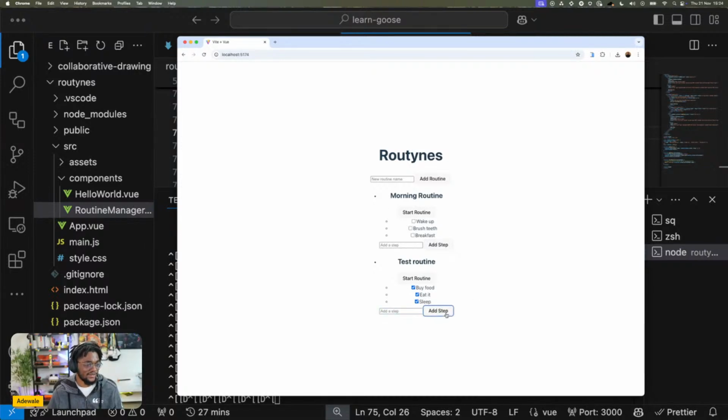Okay, and I think there's validation: if I'm adding a step without typing, it doesn't put it in there. But we can see the basic functionality for this example project. Now, what we have to do is go back to